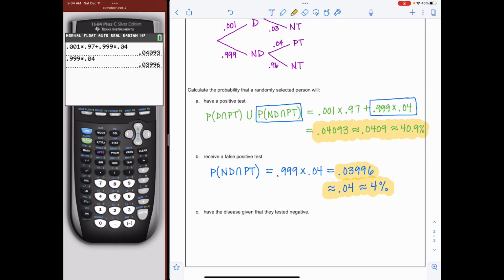And then part C, we want to find the probability that they have the disease given that they tested negative. So the probability that they have the disease, given that they tested negative or had a negative test. What we have to do here is we have to understand that the probability that they have the disease given that they have a negative test, that is going to be